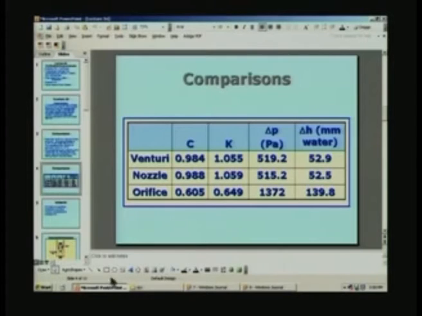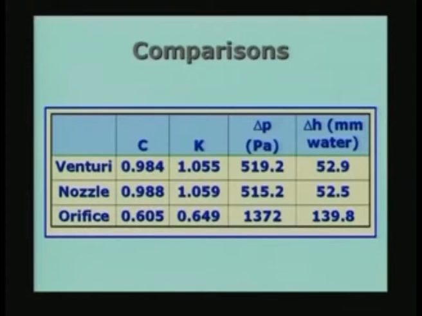So, with this we have finished looking at the variable area devices, and just to recapitulate, variable area devices are going to deliberately introduce a change in the area of cross section, which will affect the velocity of the flow, and the kinetic energy is converted to potential energy in the form of pressure head, and what is measured is the pressure difference between two chosen stations or sections along the length of the installation.